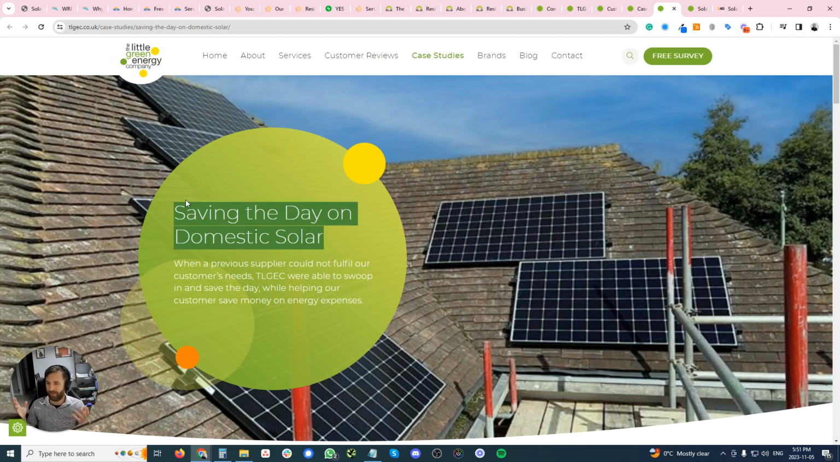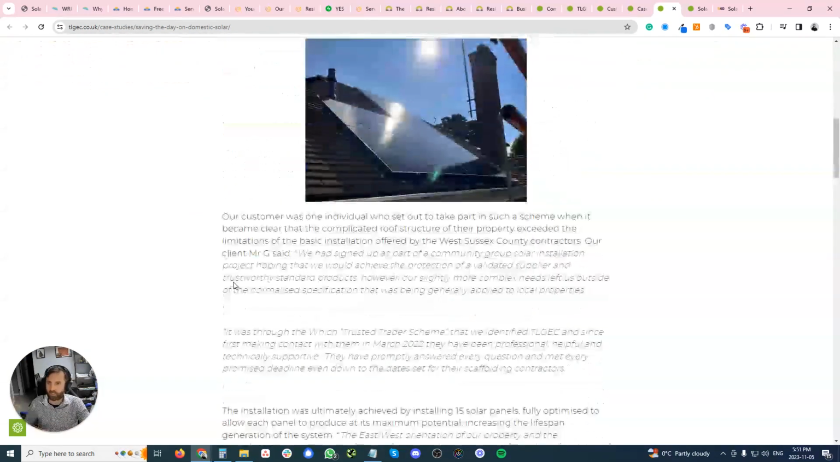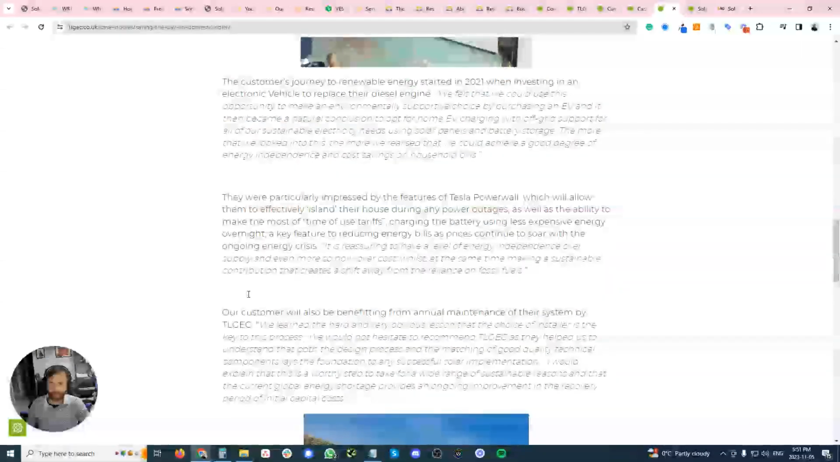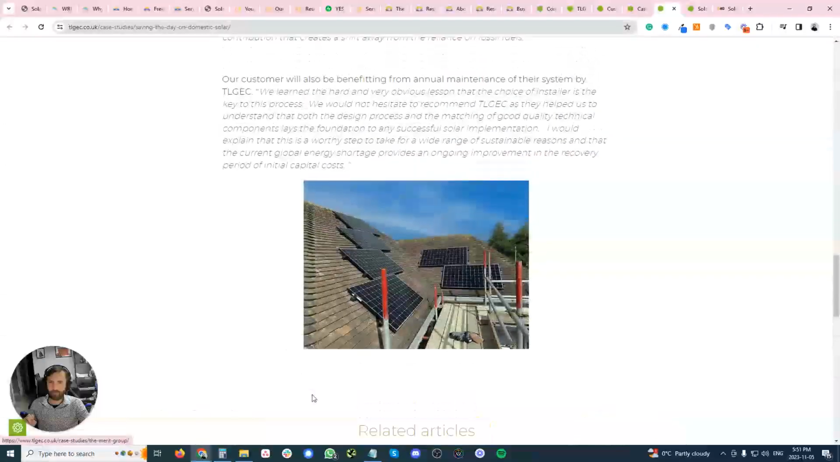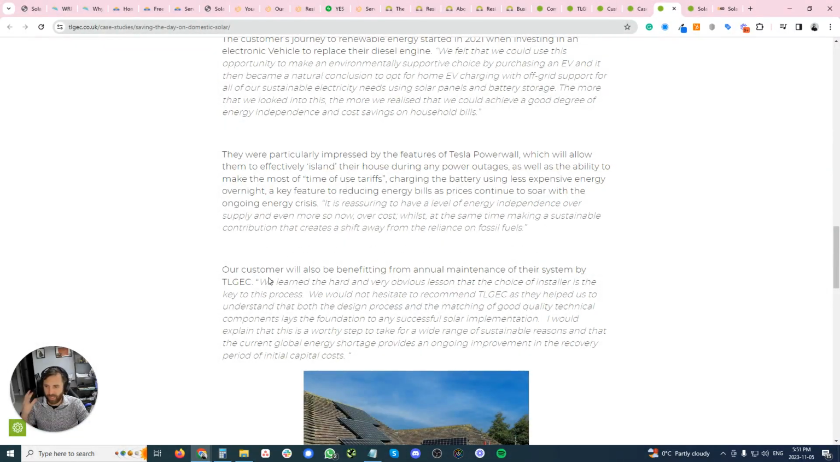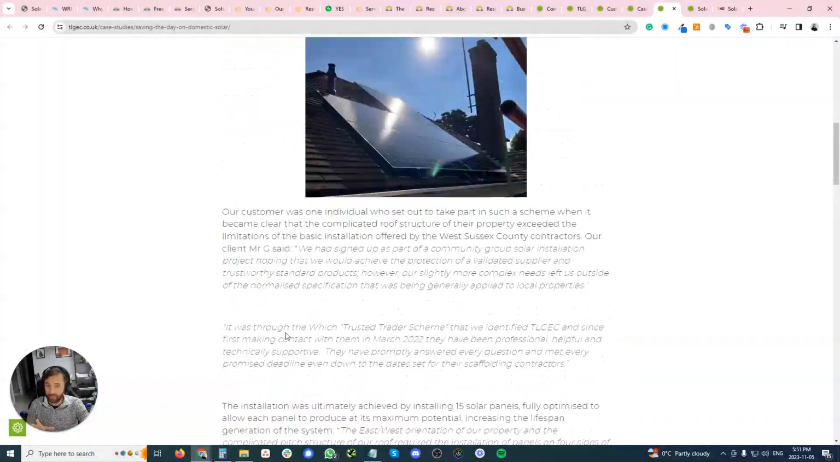People don't care about saving the day on domestic solar. If you put West Sussex solar panel installation or completed project, West Sussex, anyone from West Sussex will be like, oh wow, I live here, I'm looking for solar. Interesting, right? Way too much text. It's not broken up by headings. There's images here, but like